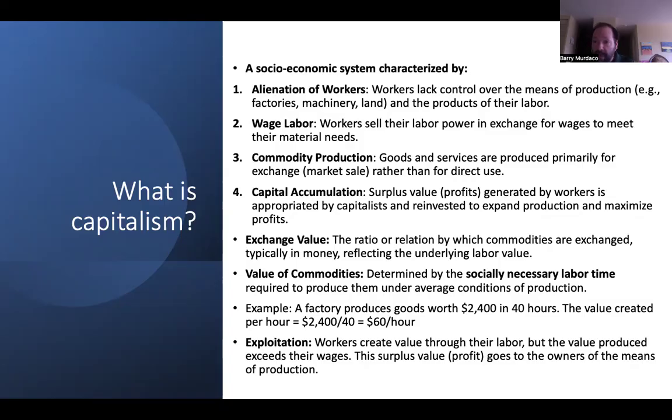Workers receive a wage in exchange for their labor power, but the value which they produce is greater than their wage. So there is a portion of the workday where the worker is not being paid for their labor. That is what is called surplus labor. This surplus labor then becomes surplus value, which is the basis of where you get profits from